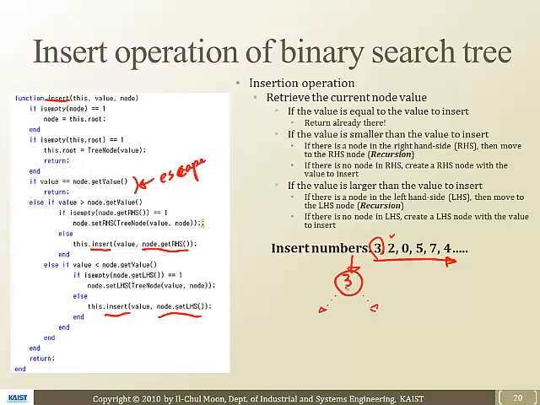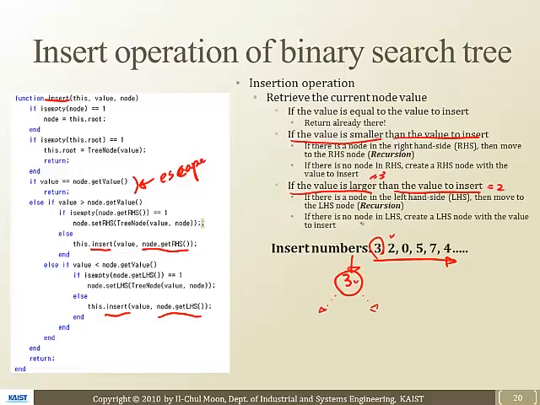This means 2 should be somewhere on the left-hand side of this root node, because the rule of thumb of the binary search tree is that the lesser number goes on the left-hand side and the bigger number goes on the right-hand side. So here, if this value is larger than the value to insert, which is 2, and this value is 3,